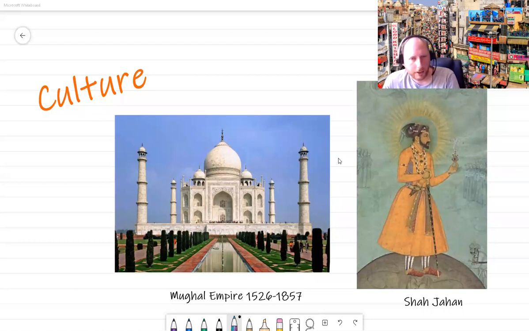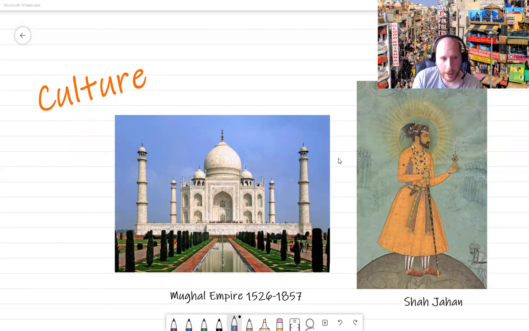And during that time, some of the most iconic buildings were built. Now, Shah Jahan built the Taj Mahal as a tomb, what we call a mausoleum, for his favorite wife who had died, the one that he loved the most. She died and he could not bear it. He was so sad. He had this amazing tomb built. It is absolutely huge. It is absolutely perfectly symmetrical, as you can see, which adds to its beauty.